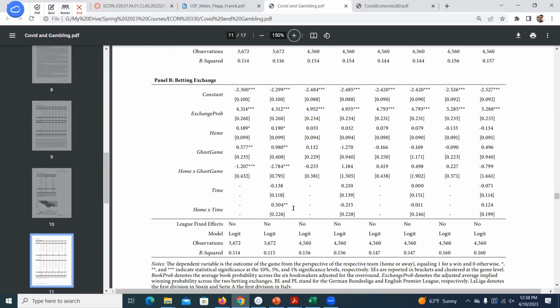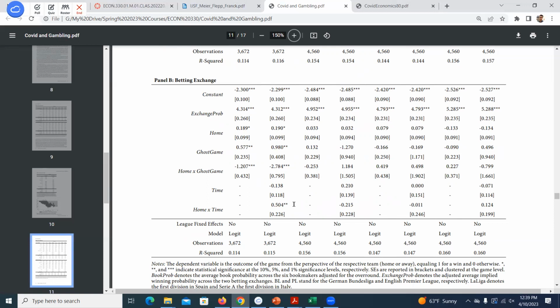So here you can see that interaction term. We still see a similar effect from these ghost games versus these games for the home team. They then interacted that home team variable with the time since these ghost games started occurring. And what they found was this positive result, right? From when they started having these ghost games, as time went on, the home teams got more of a positive effect, canceling out the effect of the game, or they got more used to playing in these ghost games, right?